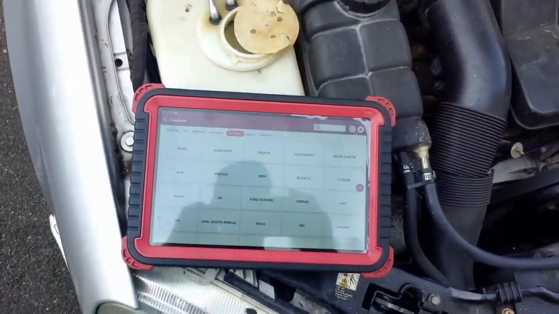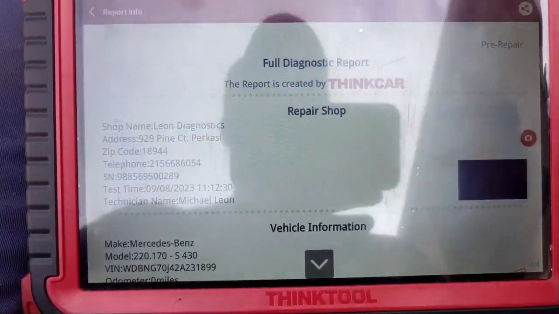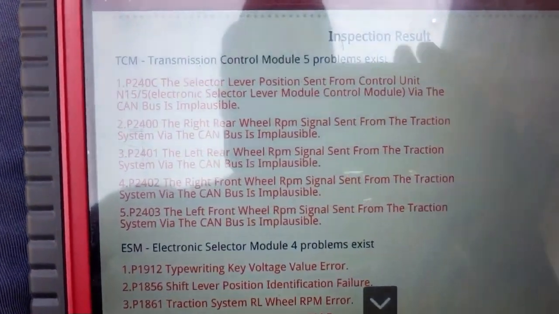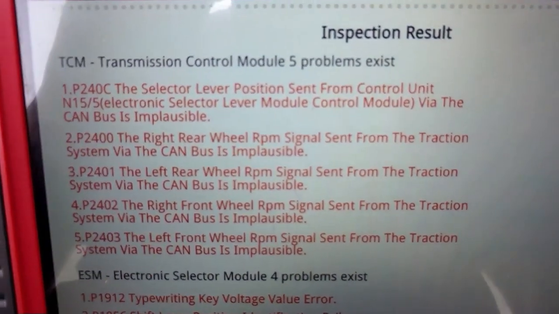But I'm here, and it smells like cat piss. Probably something in there. It smells wonderful. Oh well, time to get started. Wouldn't be a Mercedes without 1,000 codes. But for the transmission, try to get out of the glare here. I have a selector lever position